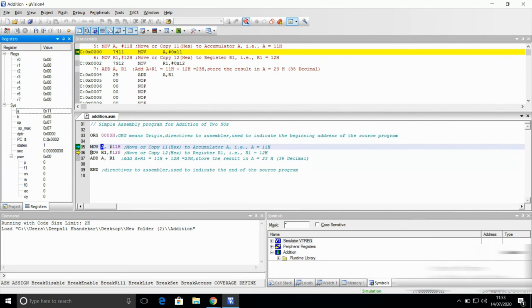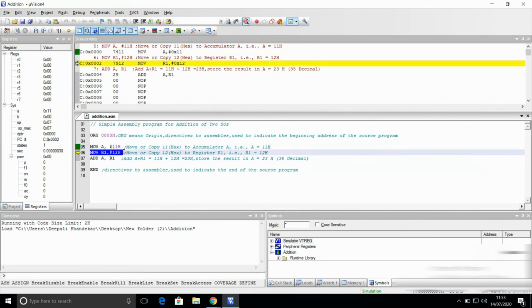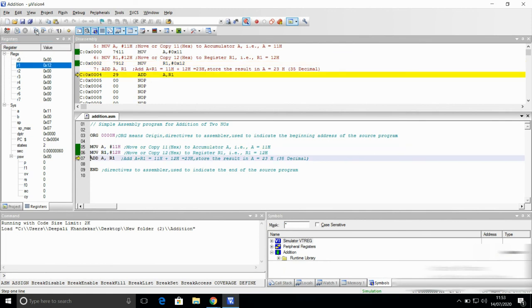Next instruction, MOV R1, #12H, means copy the value 12H into register R1. Right now the value of R1 is 00. So we'll execute one line. You can see here in R1, 12 is stored.